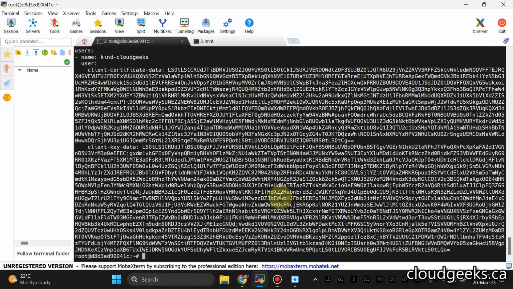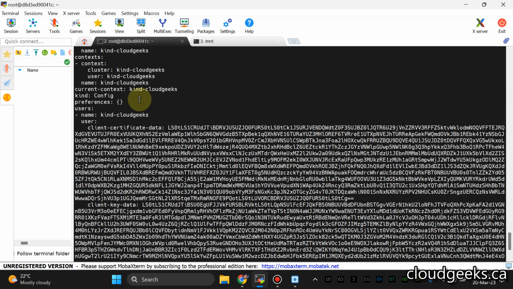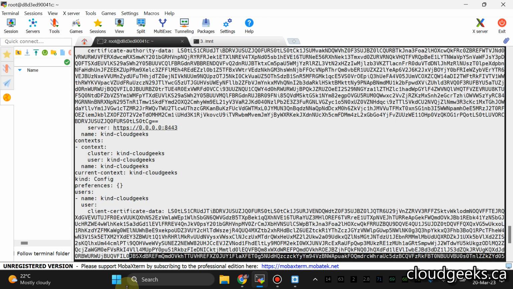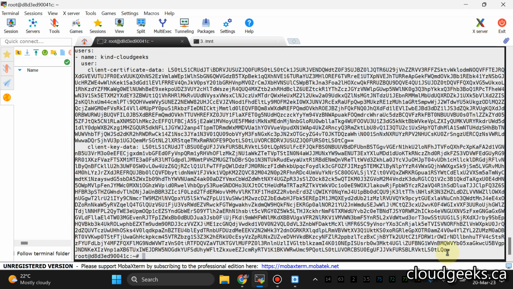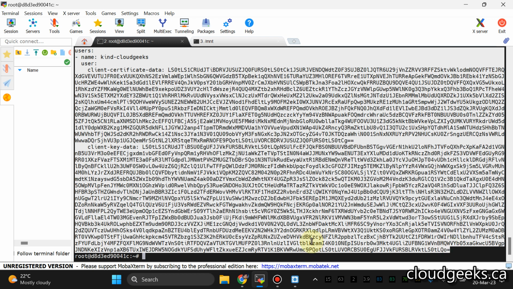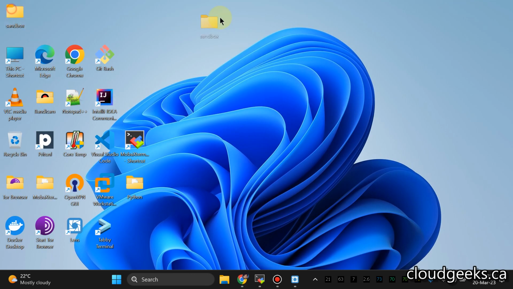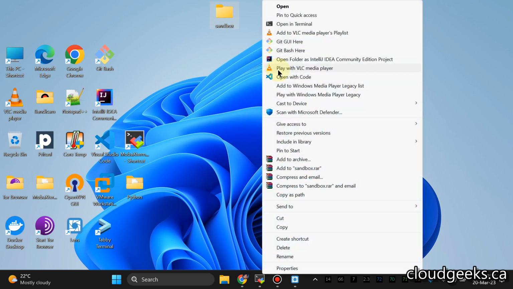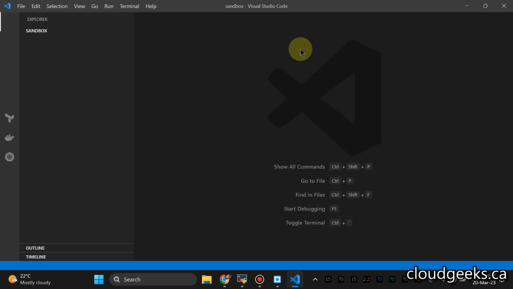By default, it writes this context in your user home directory, right? And I'm going to simply copy this, and let me open this, and I'm going to save this